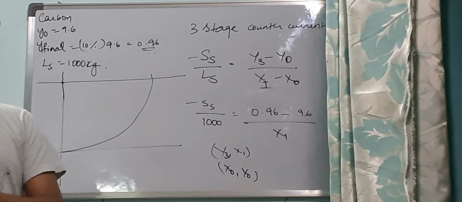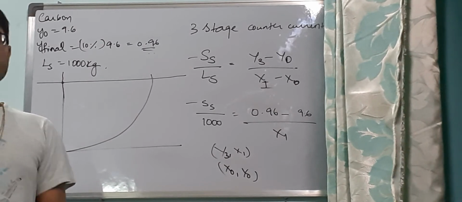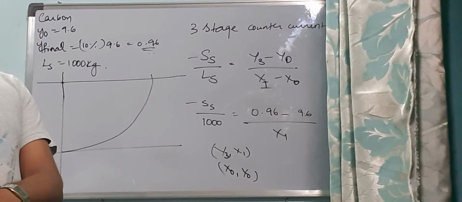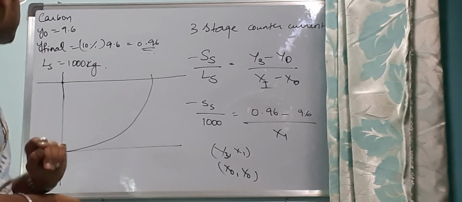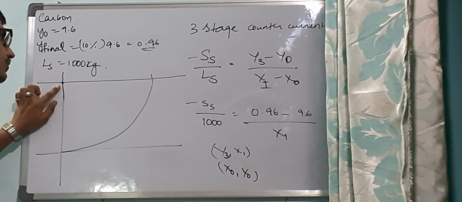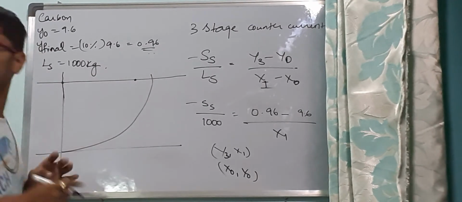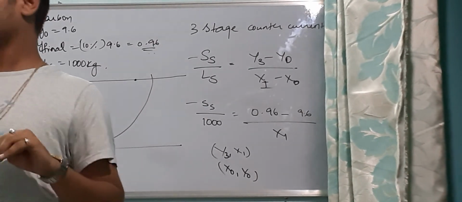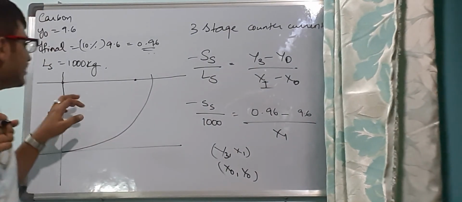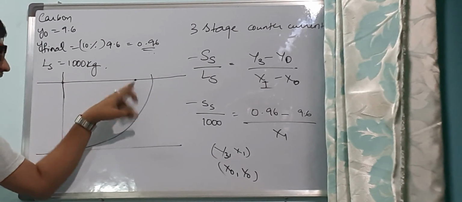Here it cannot be like that. Clearly there, the intermediate values were mentioned. But here you don't have intermediate values mentioned. So what will you do? At this particular value, you have to select a certain point x. You have to select a certain point x in such a way that